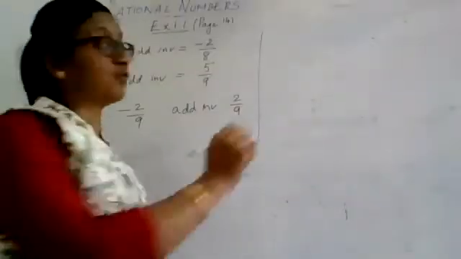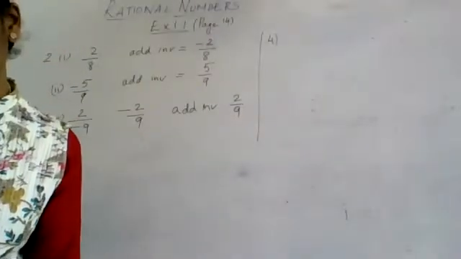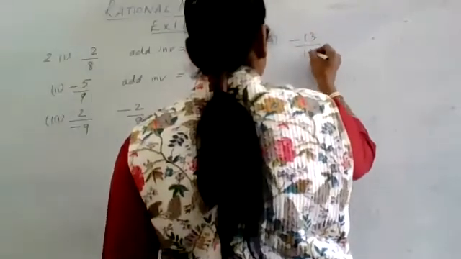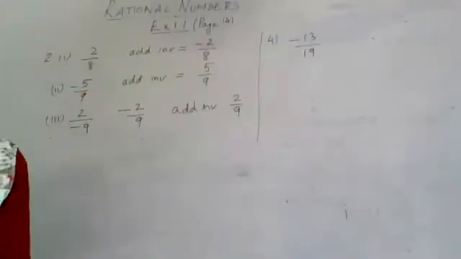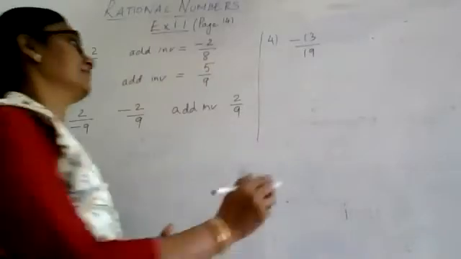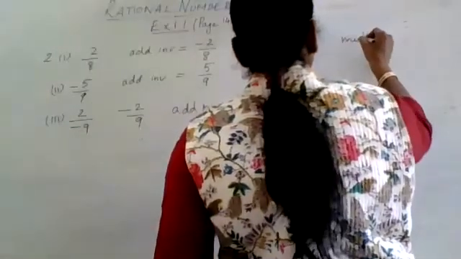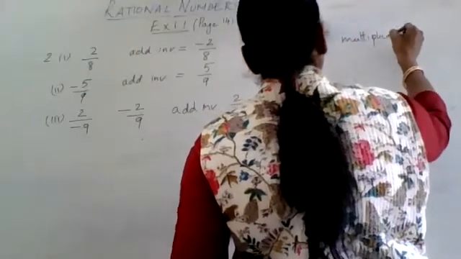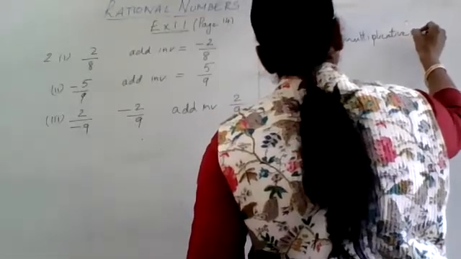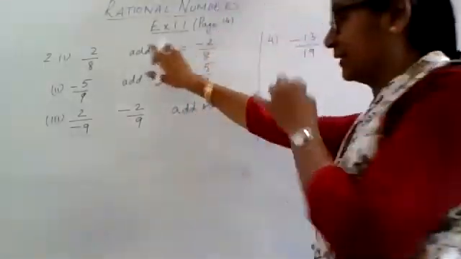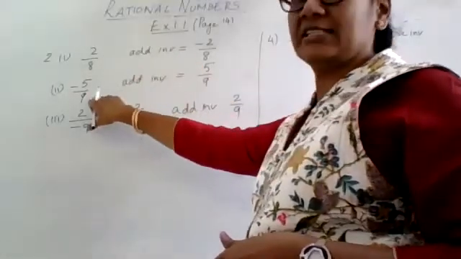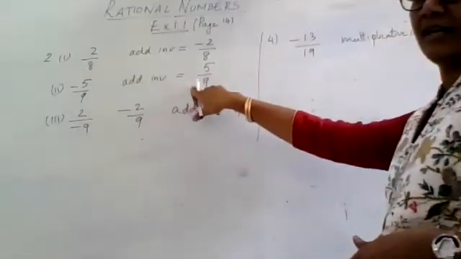Now moving on to the fourth main, where you are asked to write the multiplicative inverse of the given rationals. So the first one you are given is negative 13 by 19. This is the rational given to me. I have to write the multiplicative inverse. There is a difference between the additive and the multiplicative inverse. As I told, the additive inverse means it is simply to add the negative sign to the positive rational to get its additive inverse. If the given rational is negative, remove that negative to get the additive inverse.